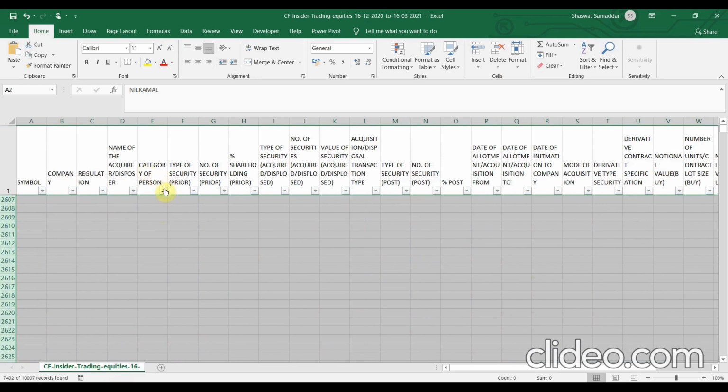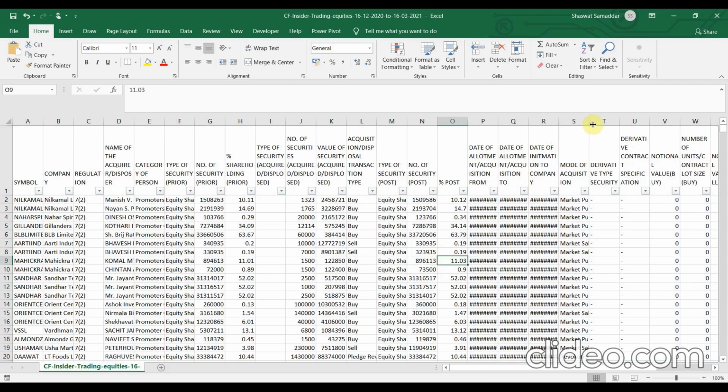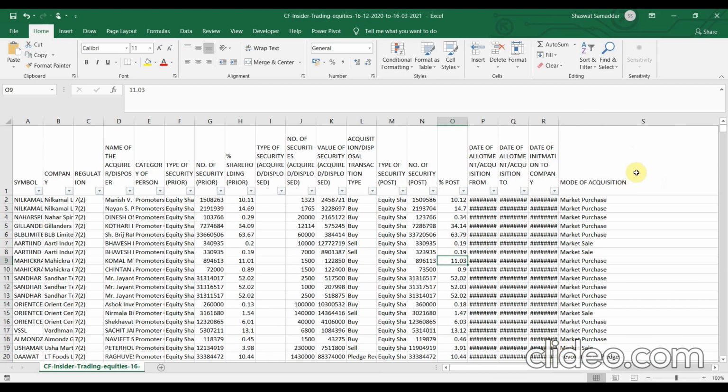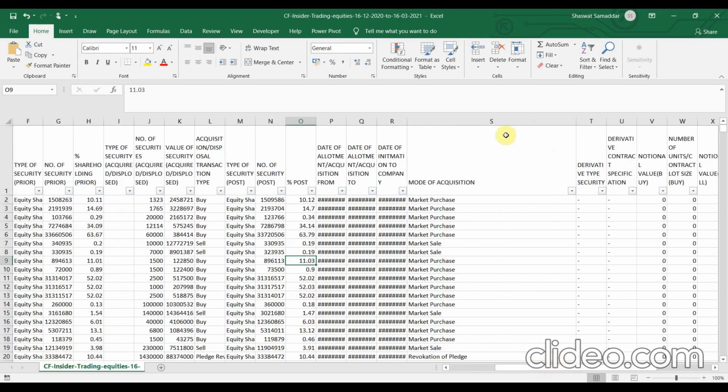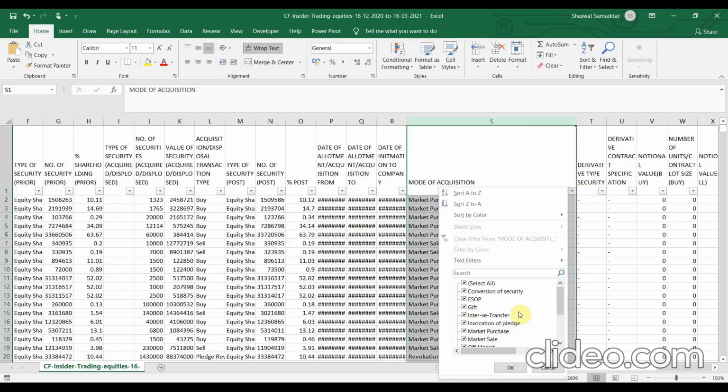Okay, so once you have done that, let's apply the filter on this mode of acquisition, that is column S, that has been selected right now on my computer screen. So now I want to select only name of those stocks in which the trading has been done via market purchase and nothing else.